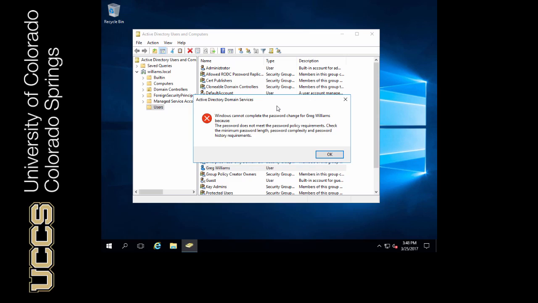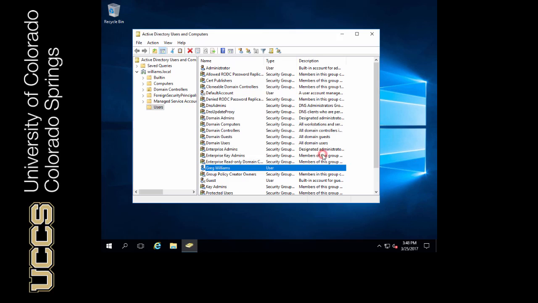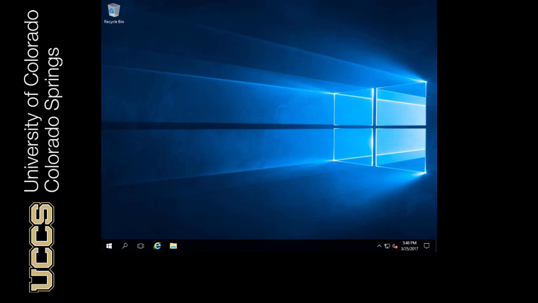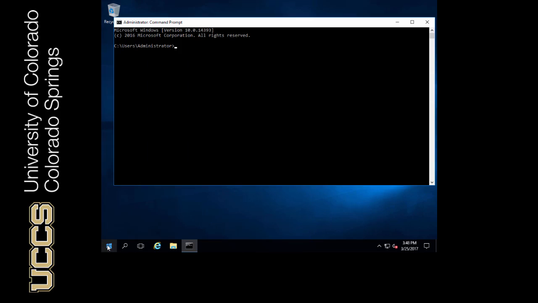Now, if we have a computer on the domain, those policies aren't going to take effect until that computer checks in again to the domain controller. So we can force a computer to automatically obtain the new policy by running a command called gpupdate. So I'm in my command prompt here and we'll type in gpupdate. That stands for group policy update, and we're going to just say force. But because this is a domain controller, it's probably not going to do anything,